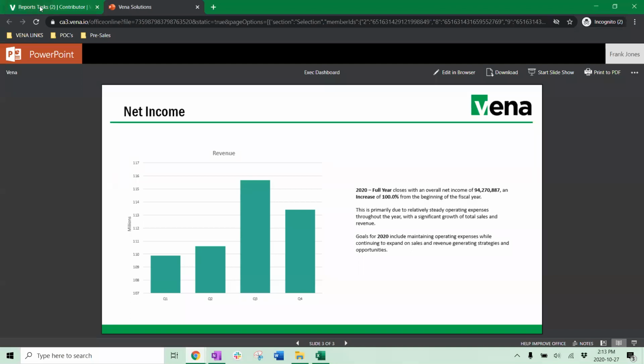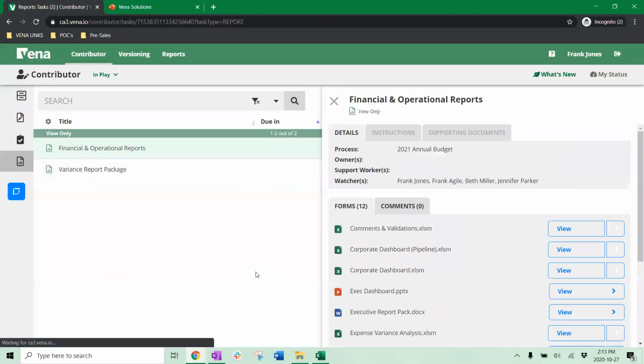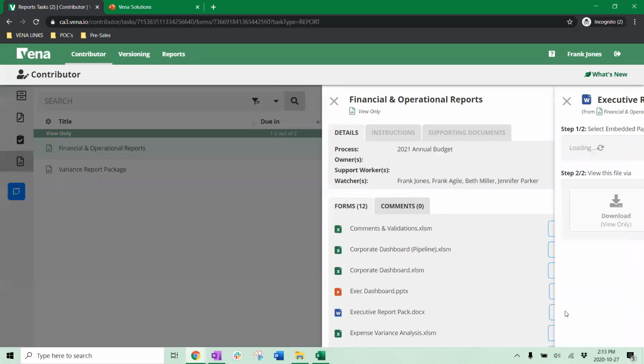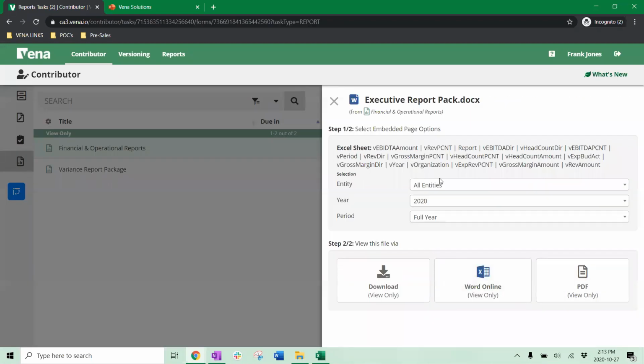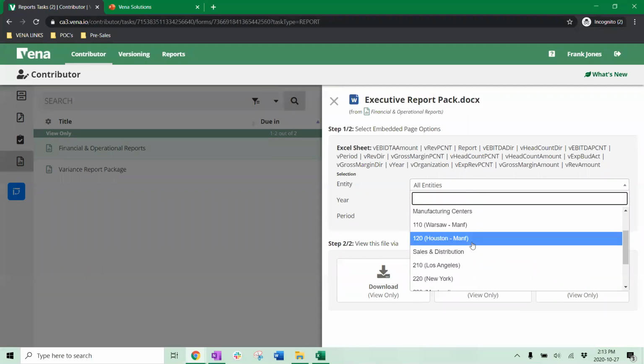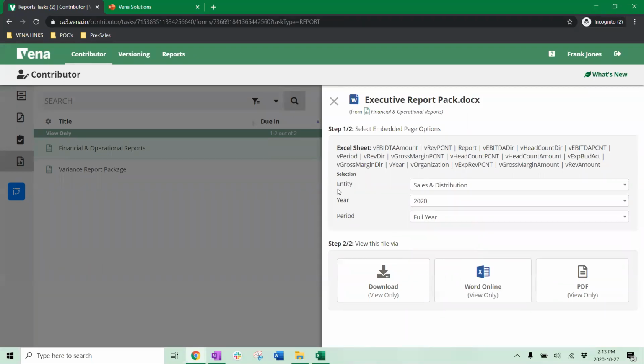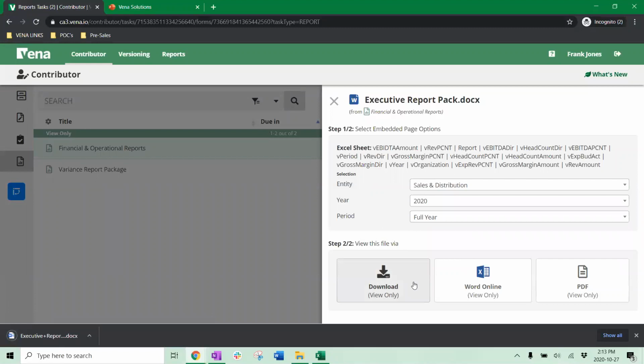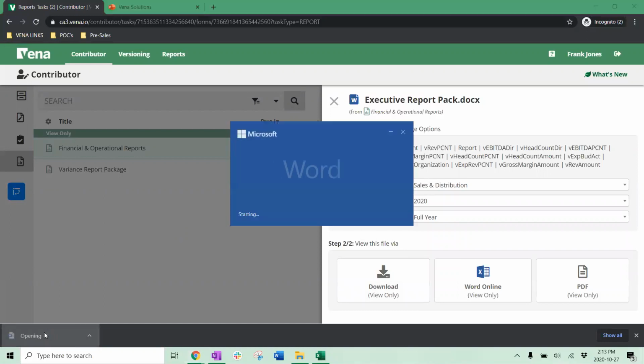Stepping back to the browser, closing out of our dashboard here for our PowerPoint deck, I can take a look at our executive report. This is going to be a little bit different. I can filter again by different entities. So I can choose sales and distribution as an example this time. And if I'd like, I can do a download. So it's going to go to my desktop so that I'm able to then provide it out to the team. So opening this up,